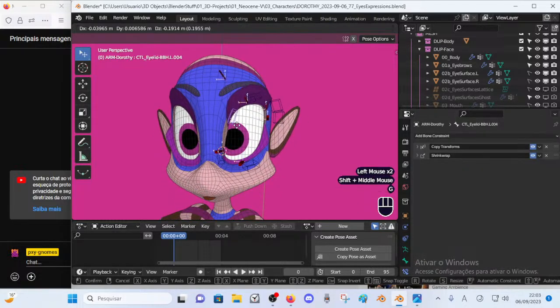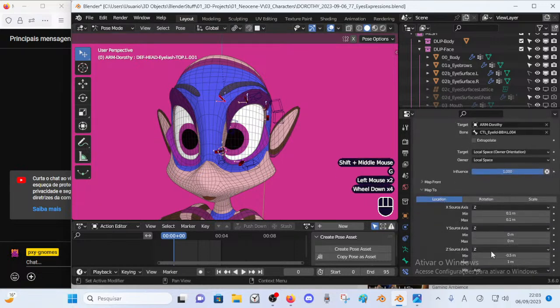And for the minimum, same thing, I have the minimum value here for the z-axis, local space here, so negative z is downwards. So this is not world space, this is local space. That means that if I rotate the head, it will still relate to a local space orientation, so that's good, right?